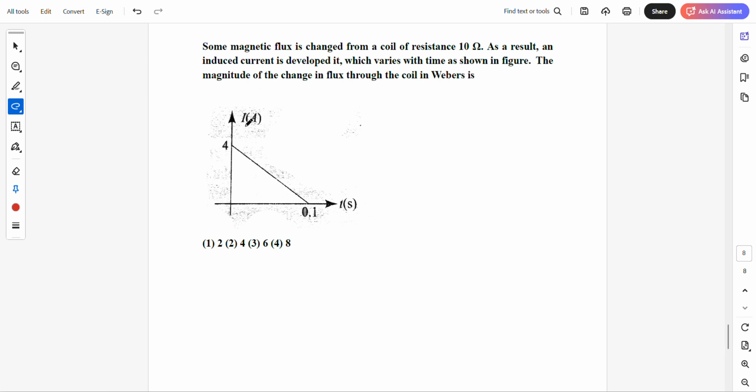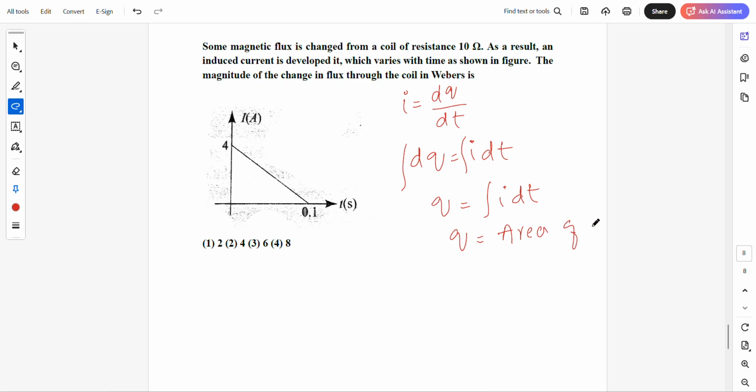What is this? You have been given what? IT graph. I have told you in the previous. What is I is equal to dq by dt. Right. Okay, what is dq is equal to I dt. Right, integration ಮಾಡಿದಾಗ ಏನಾಗುತ್ತಪ್ಪ ಇದು? Integration ಮಾಡಿದಾಗ q is equal to integral of I dt. That is nothing but what? Q is equal to area of what? Area of IT graph. Right, area of IT graph. Charge flown. Okay, therefore charge flown is equal to area of